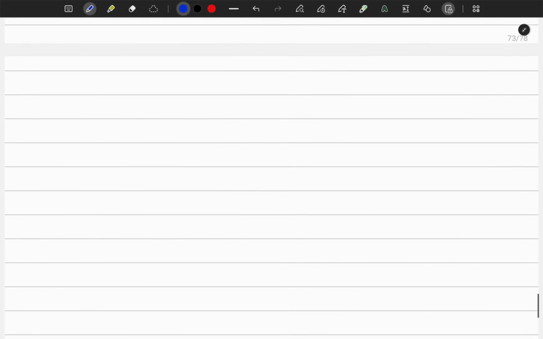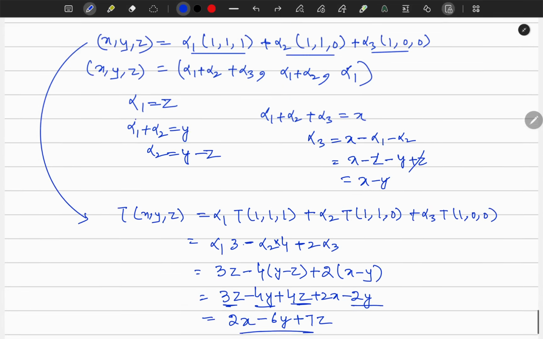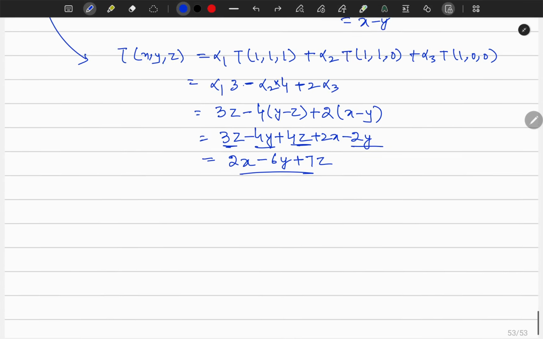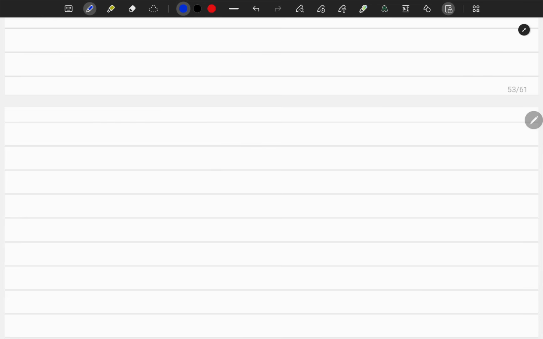So I think we have done up to the transformation. Okay. So for example, if you have a given transformation T1 from a vector space V to another vector space W,